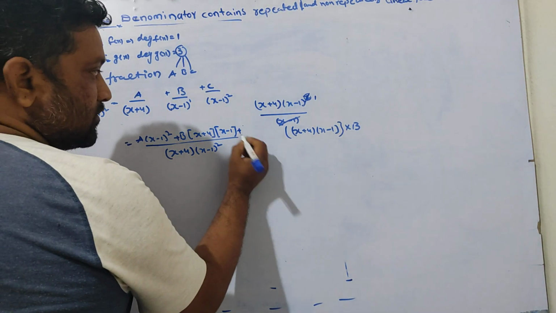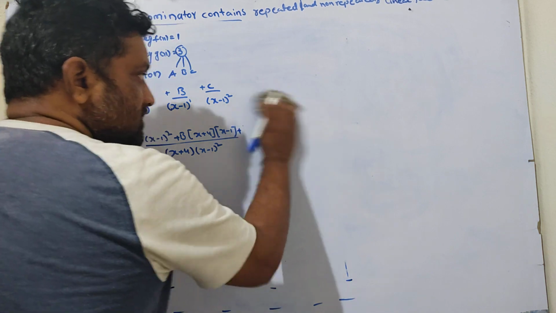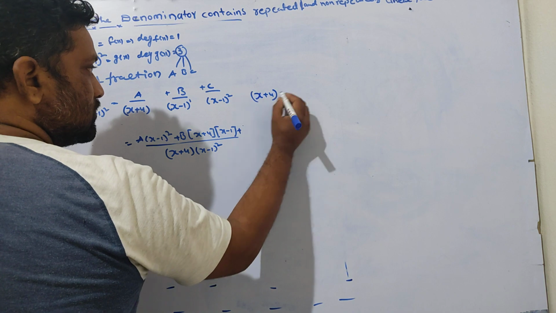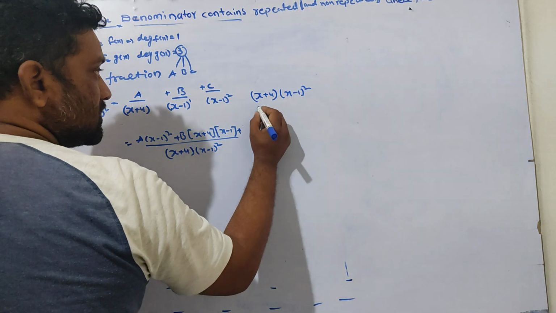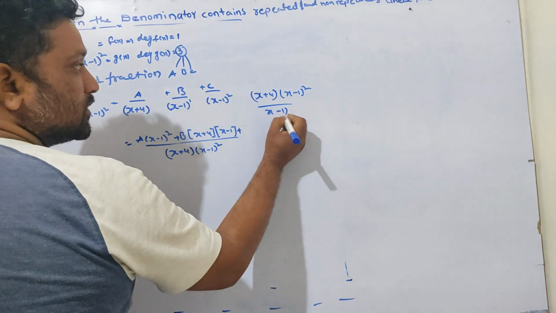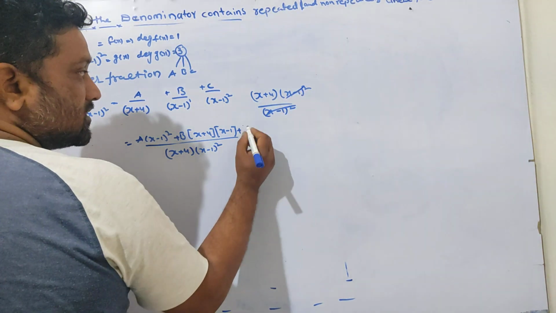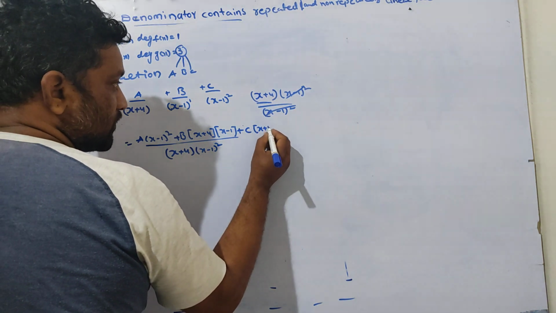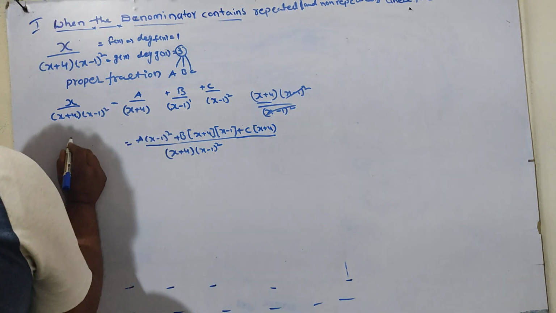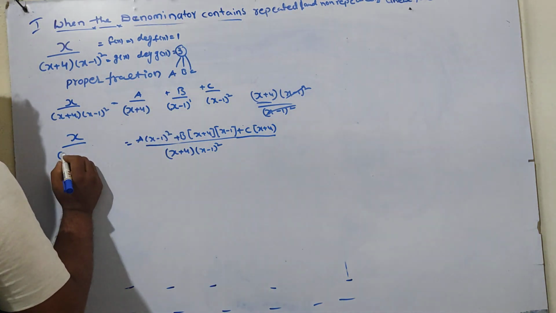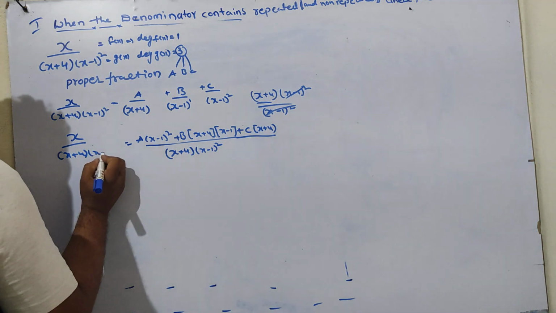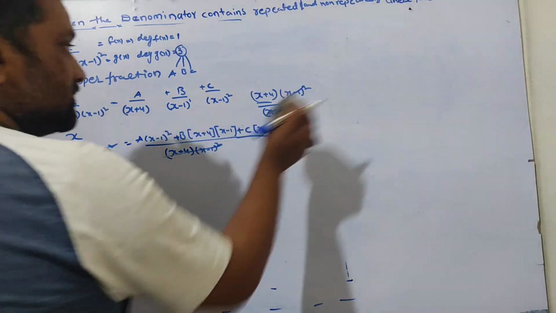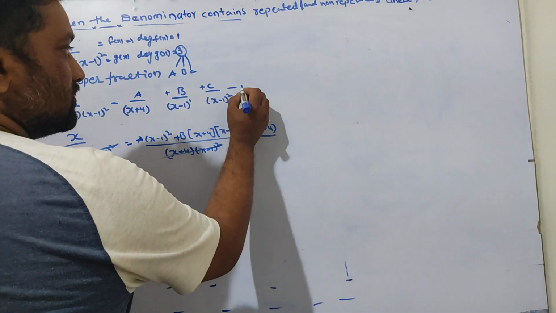Now c can be multiplied with c. Again we are taking the same process. x plus 4 can into LCM value x minus 1 whole square. The denominator having there x minus 1 whole square, these two get cancelled. The remaining term can be multiplied with c, c of x plus 4. Here LHS said x by x plus 4 x minus 1 whole square, these two get cancelled. So this one is equation 1.